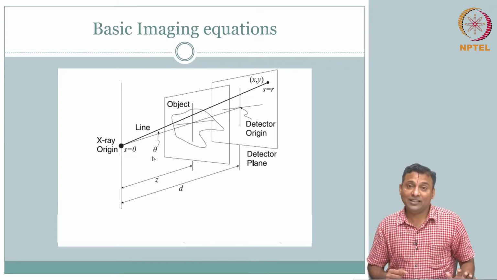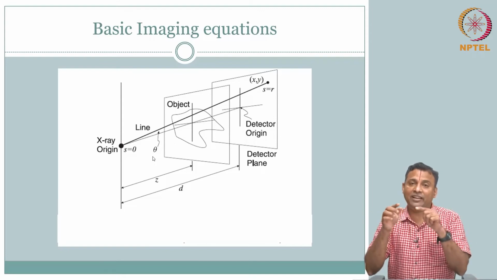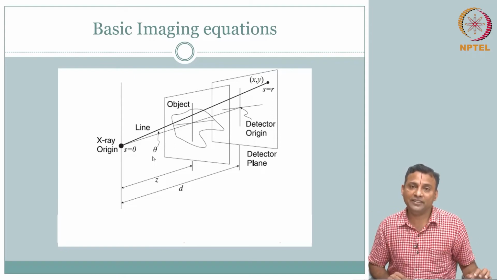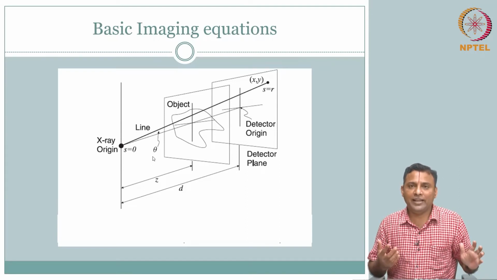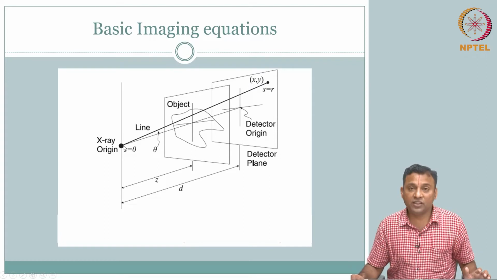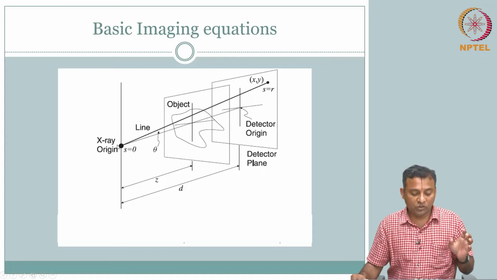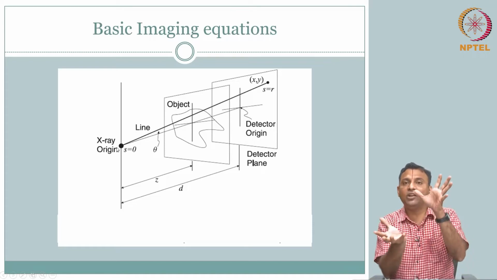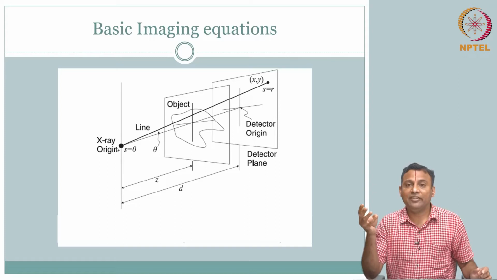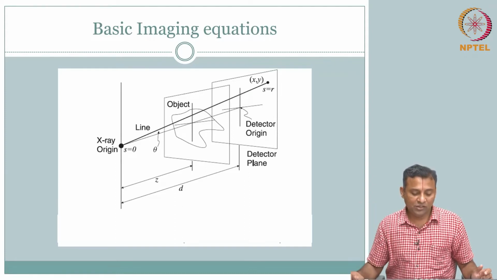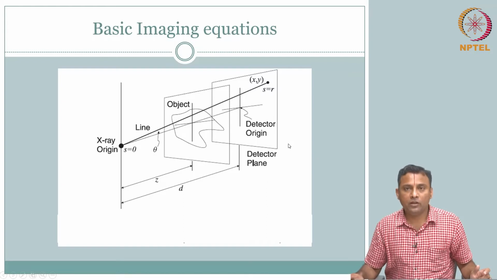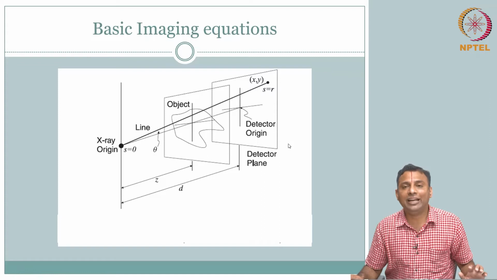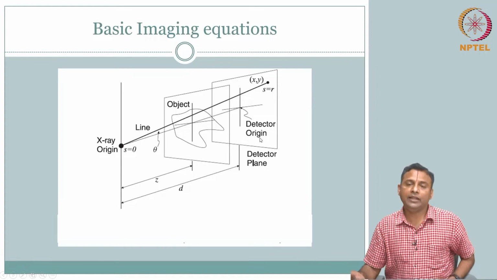Now the question is, is it actually hitting the delta x everywhere it is hitting? Is it hitting the same way, or because of the instrumentation is something not? You already have some answers, right? We already saw that the X-ray source is giving out a diverging cone. So we had filtration, we had restriction of field of view, right? Because of divergence and because of this setup, you have several factors that we need to incorporate in our imaging equation. That is what we will focus on in this imaging